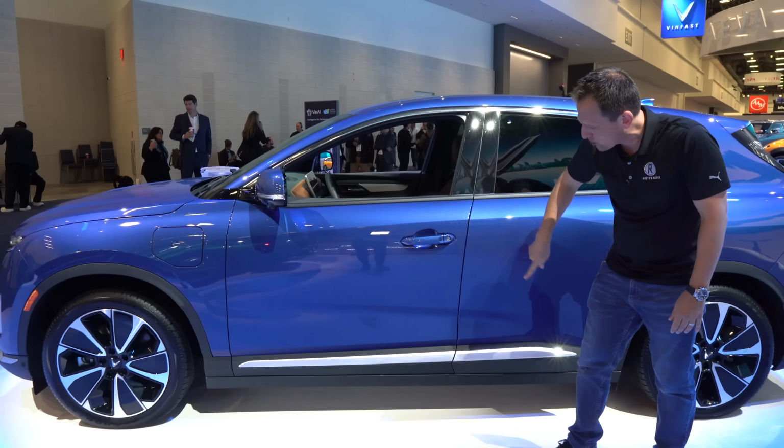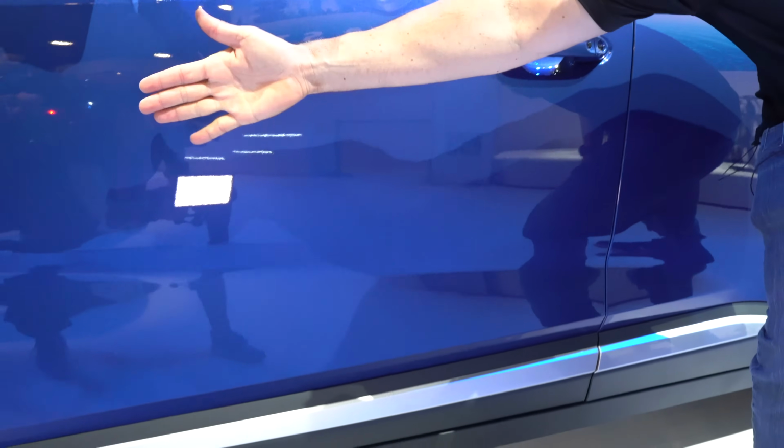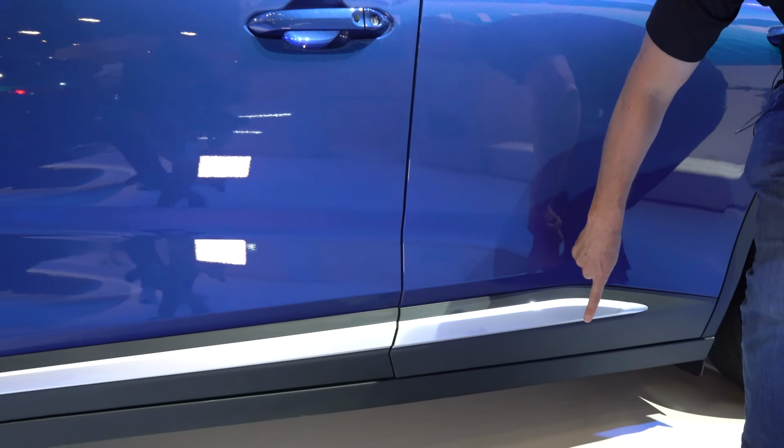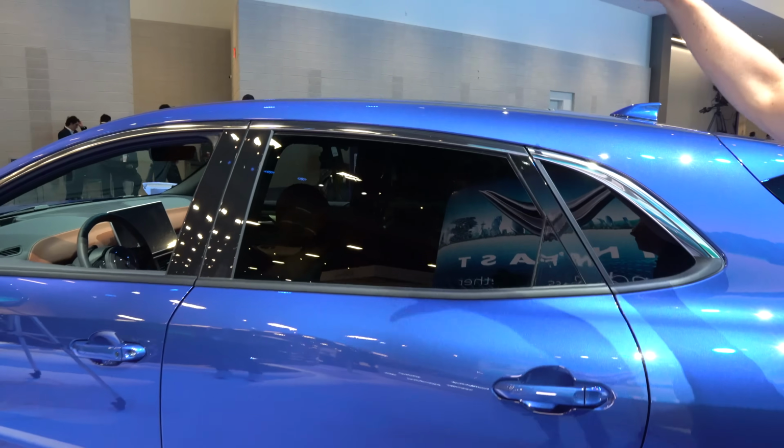You got your color matched door handles. Love the way they kept them nice and clean. And then on the lower portion, look at the body line, how it drops down into this lower area, the metallic silver finish. And then working our way towards the rear, you're gonna notice up top, we have a panoramic